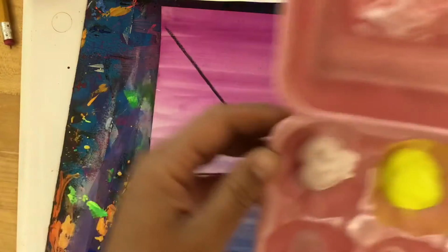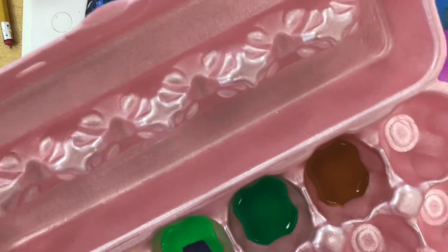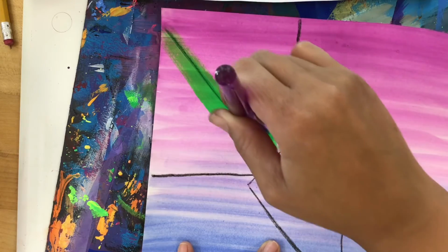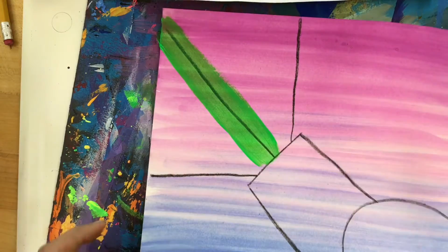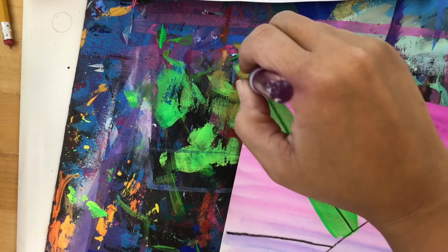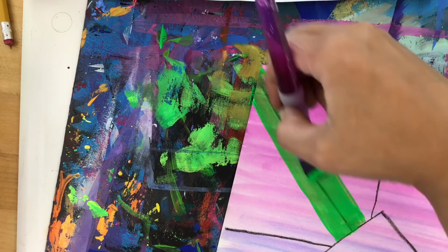You're gonna have your paints. All the colors that we're gonna use are right here in your egg carton. So we're gonna start with the light green. We'll do the light green. Okay, dip the tip. The brush is like a ballerina, always on her tippy toes. And you're just gonna brush out and back, out and back. Okay, you can turn the brush on its side so you can get a thin line,